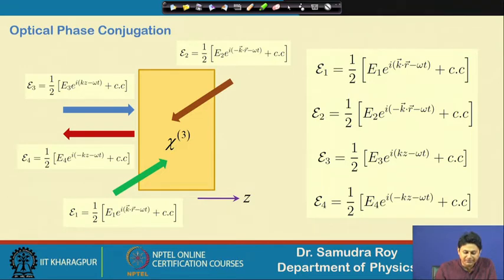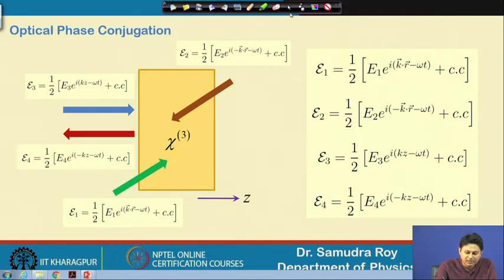Here we will do the same thing. E1 and E2 will be pump. So, it will supply some sort of energy to the waves E3 and E4. So, evolution of the E3 and E4 is important. Since the evolution of the E3 and E4 is important, we need to find out what is the source term of E3 and E4. Mind it, E4 is not here.